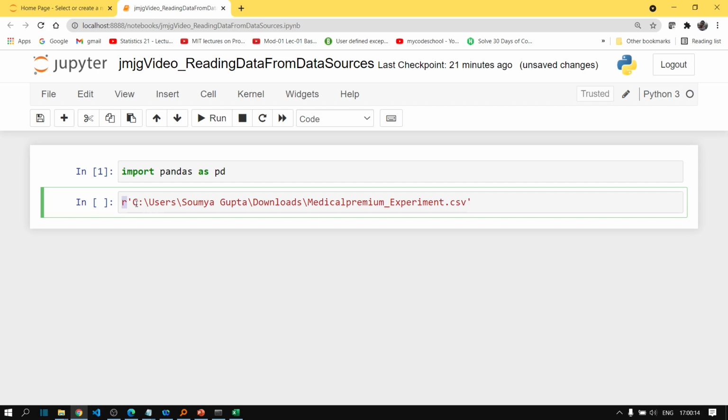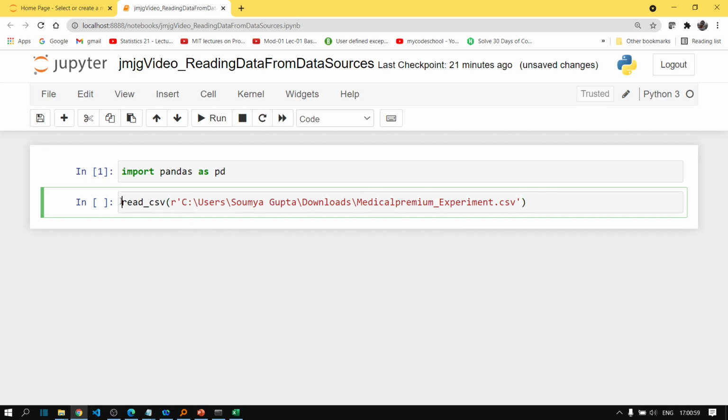So why do we do this? If we just use this string without the character r, it will generate an error. It will consider these backslash characters as escape characters, which we don't want. So whenever we use file paths in Python, we prepend an r at the beginning of the string. What will our function be? Our function will be read_csv, and inside that function we have to pass this parameter, the file path string.